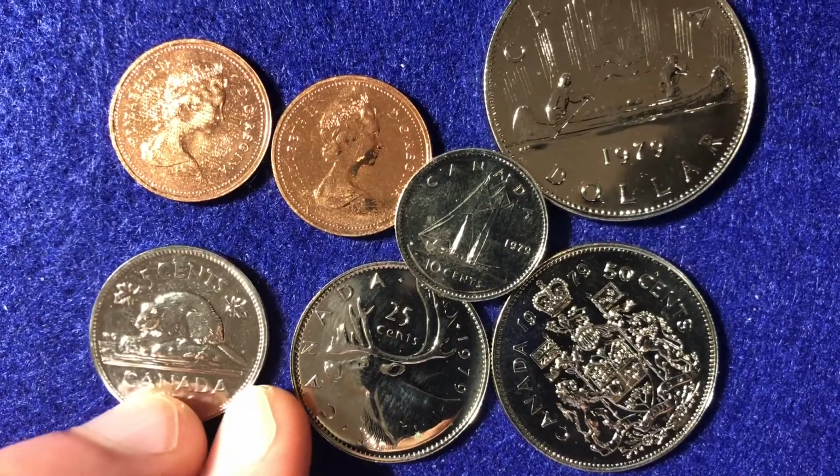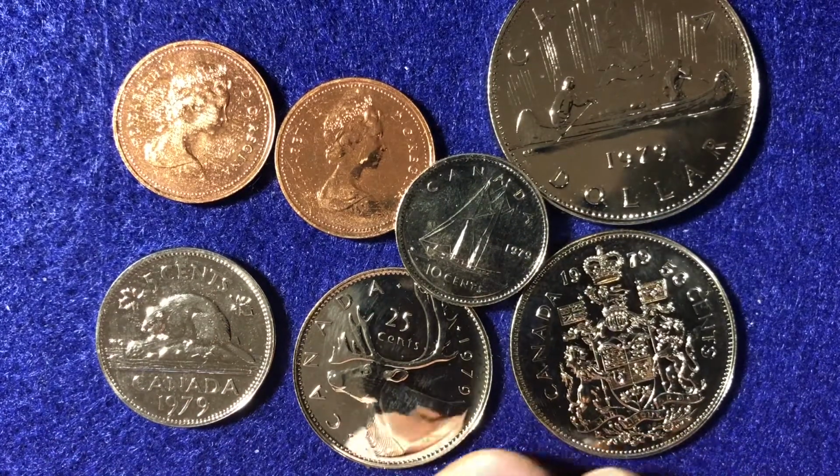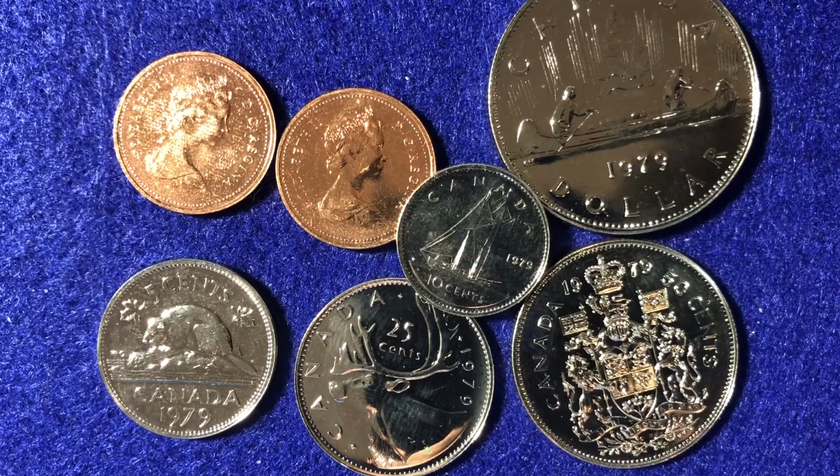Here we have our Canadian coin series and we are going to be looking at these coins right here. It is a full set of the 1979 uncirculated proof-like coins. Now the website J&M Coins, they've got some prices for these. So according to them, the set is worth